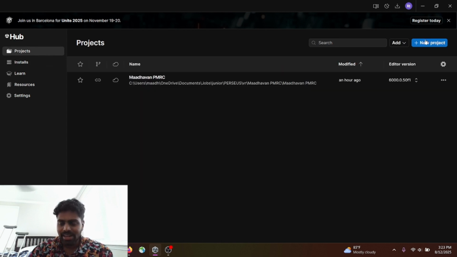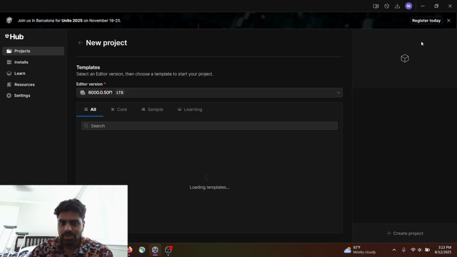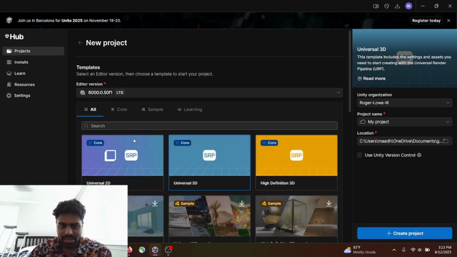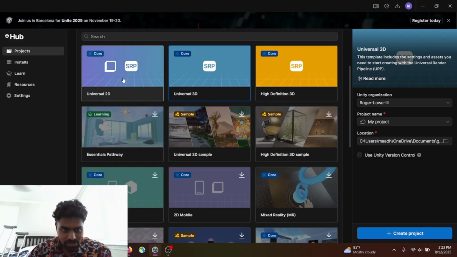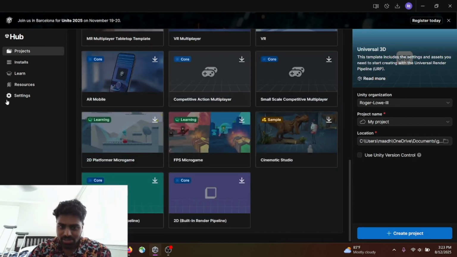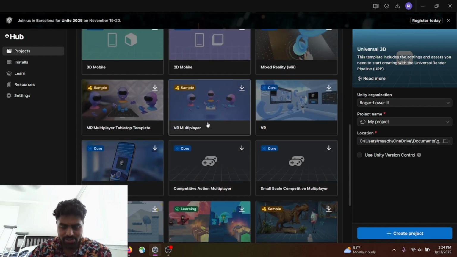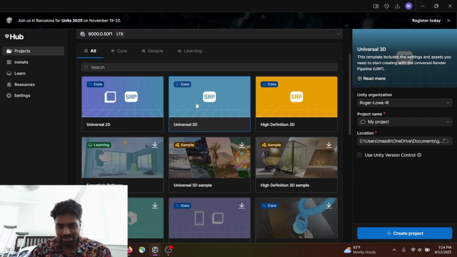So let's create a new project. First off, we do have to use a template or a render pipeline, I think. That's what these are. There are different options like 2D pipeline, 3D pipeline, high definition 3D. I don't really know what that means, but whatever. There's a bunch of these. Some of these are tutorials, some of them are samples for different tools. However, since we're going to go completely base, we're just going to do the universal 3D